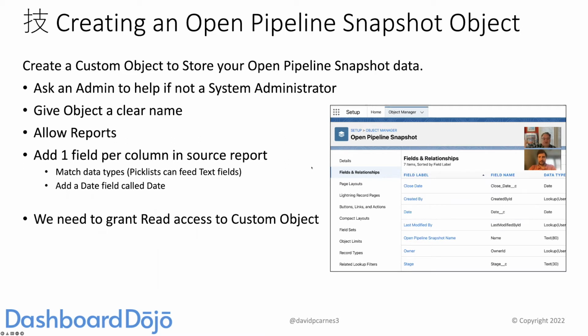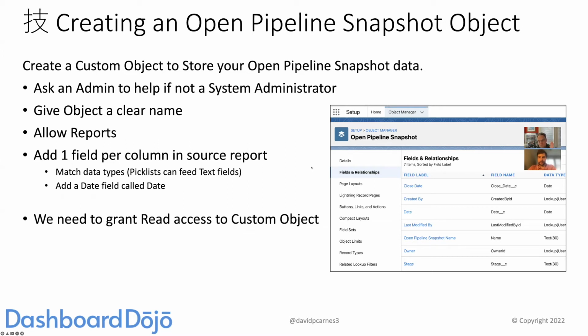manager. We can create a new object, and I like to give it a clear name. I like it to have essentially the exact same name as that source report. So the open pipeline snapshot. When we create the custom object, we're going to allow reports. We're going to add one field per column in the source report. We're going to want to match the data types. So a date such as the close date, we're going to want to create a custom field on that snapshot